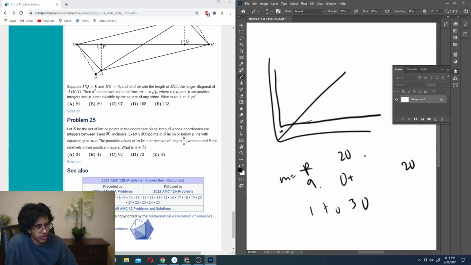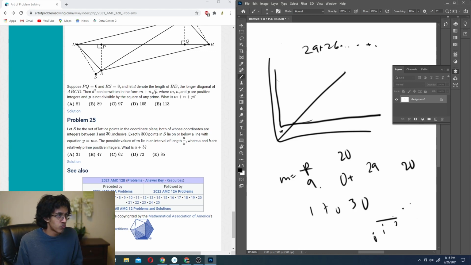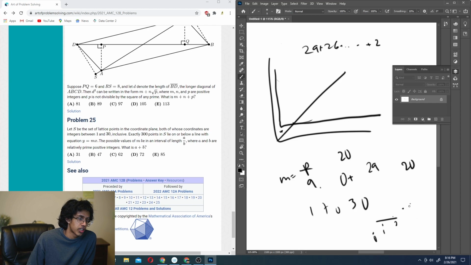For 2/3 it crosses every time, right? Okay, so it goes 0, doesn't cross, then cross, then back to 0, then doesn't cross. Oh, so I guess it only crosses every third, right? So this is 0, this is 1, this is 2. So from 2 to 30 is how many? 29, right? So you add 29 plus 26 plus so on and so forth, all the way to plus 1, right? Or 2. Oh, hitting a line also counts as crossing, so I guess you cross twice every 3. Yeah, you cross twice every 3, okay.